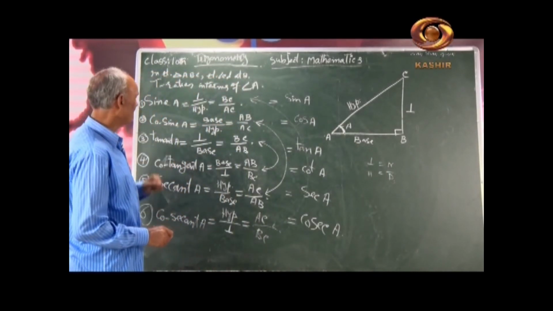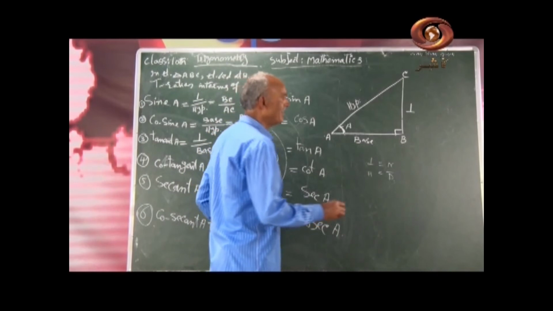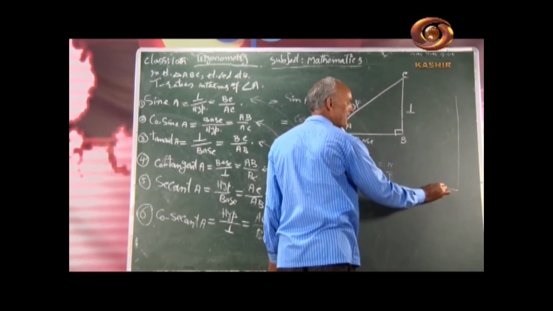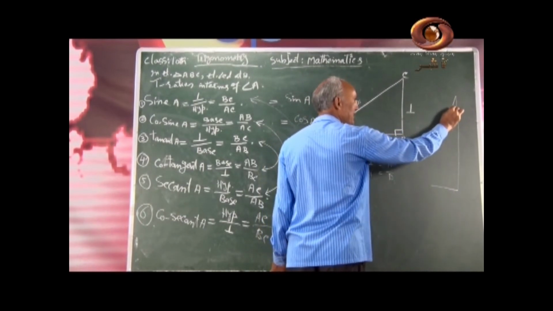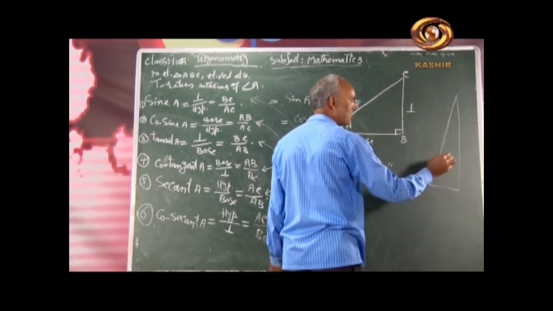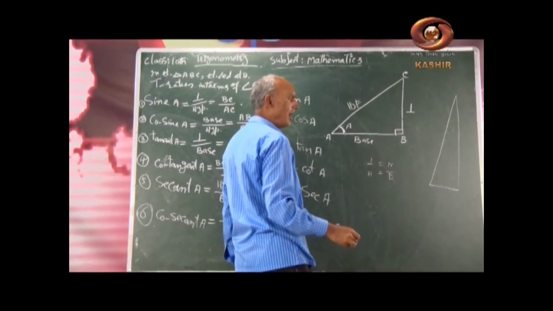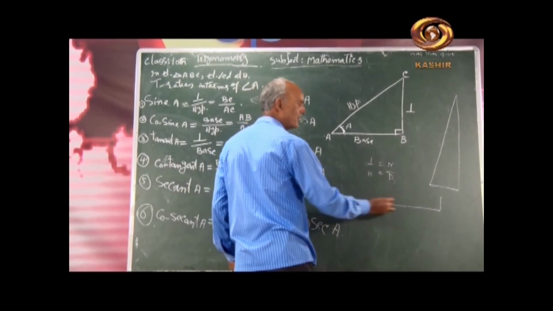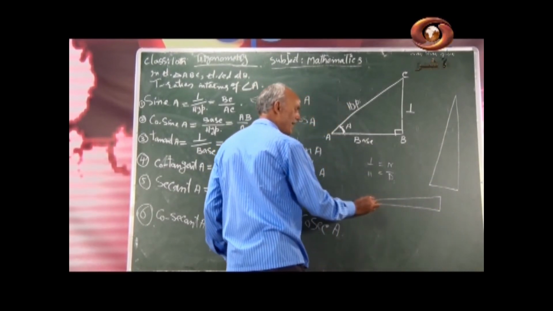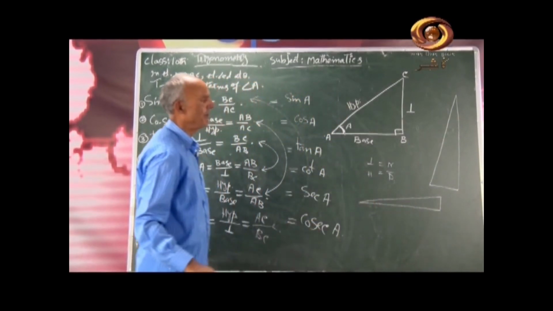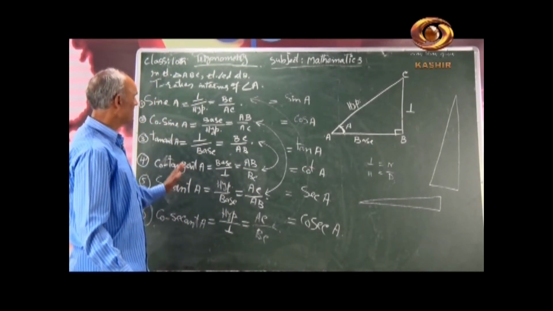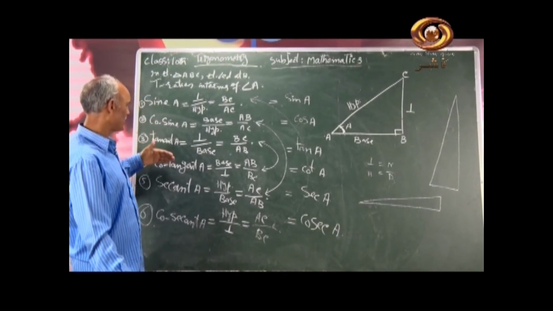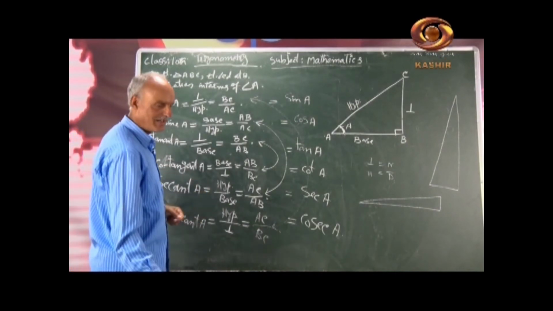Now for tan and cot, we can take the perpendicular very long and the base very short, so we can make it as large as we please, or we can take the perpendicular very short and the base very large, so we can make it as small as we wish. So this is the difference between how we can make the values of sin, cos, tan, cot, sec and cosec. Now next,